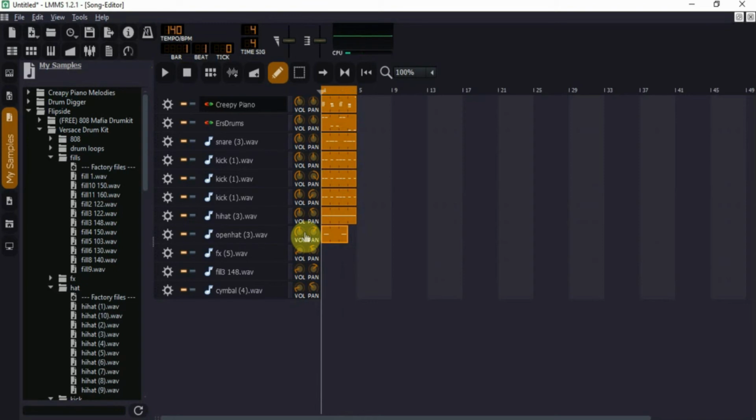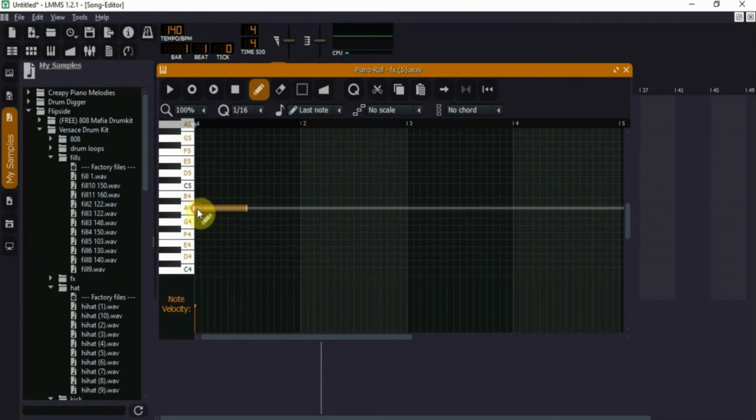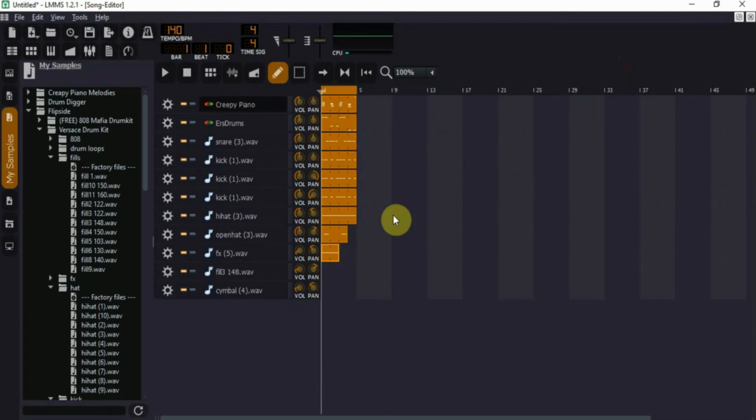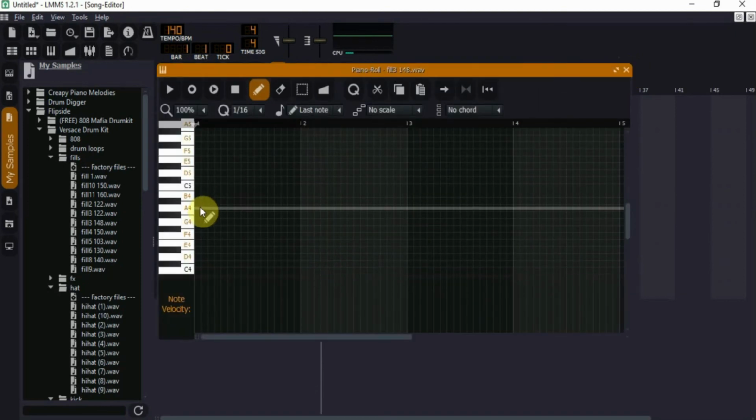I didn't want it to just have this repetitive melody that I have, although it's not a melody, it's just a chord progression. But let's add some effects to add a little more vibe to it. All right, so I added this here all the way here, and then what I did is I added this little drum roll